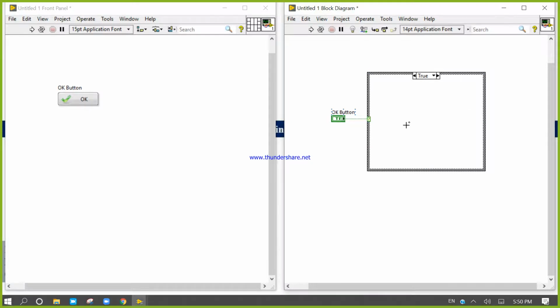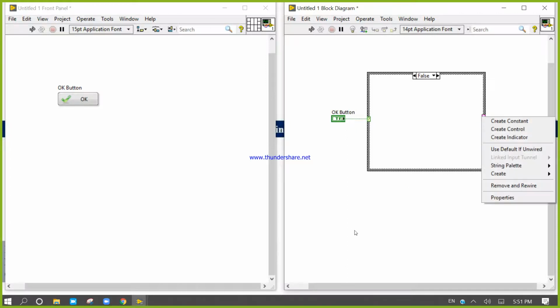When we press OK, it will generate true. So right click, and you are in the true condition. After that, you need to connect this wire to the body every time, because from every case there will be only one output.